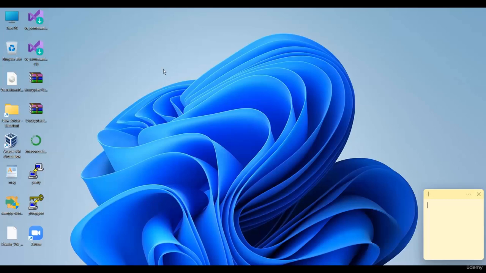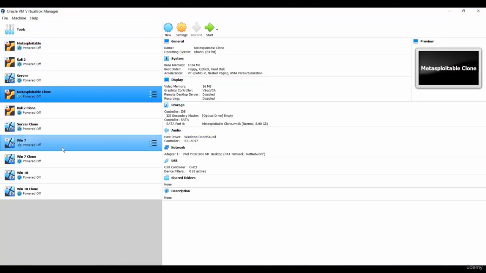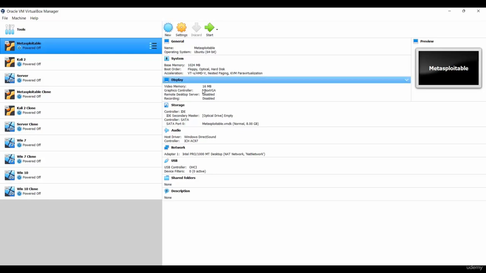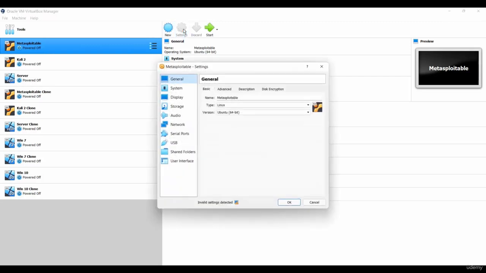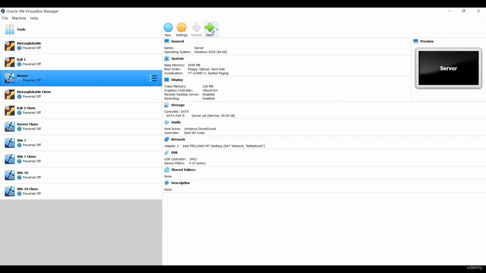Once you download it and you open it, the interface would be like this. So this is the interface for Oracle VirtualBox. Now here is the list of operating systems that I have already installed inside this software. So these are basically the virtual machines. To create a new virtual machine, simply click on new. In order to edit the already created ones, just select them and click on settings, and you would be able to edit this. Or if you want to start any of the virtual machines, simply select that and click on start.